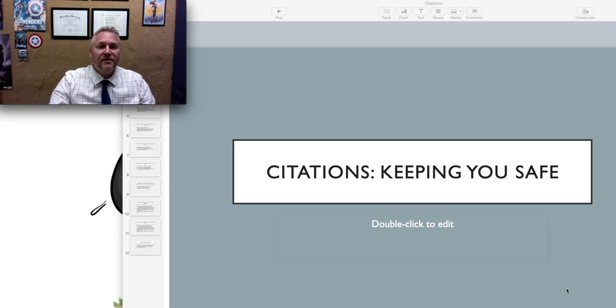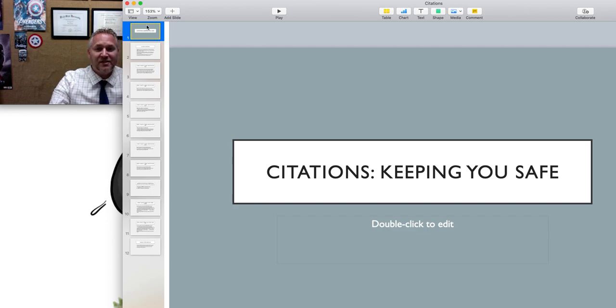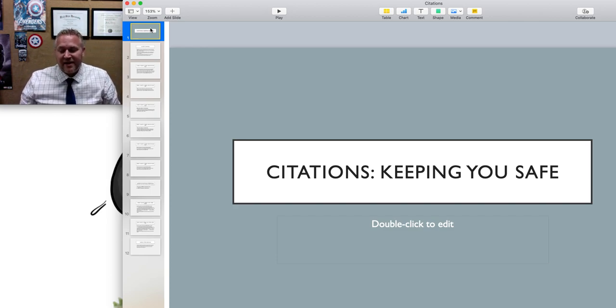All right. So the first reason that we even talk about citations is why do we do that? Why do they require students to cite sources and put those little parentheses? And why are we so anal about getting it exactly, specifically correct? Okay. The first reason, just like it says right here after the colons, is it keeps you safe.